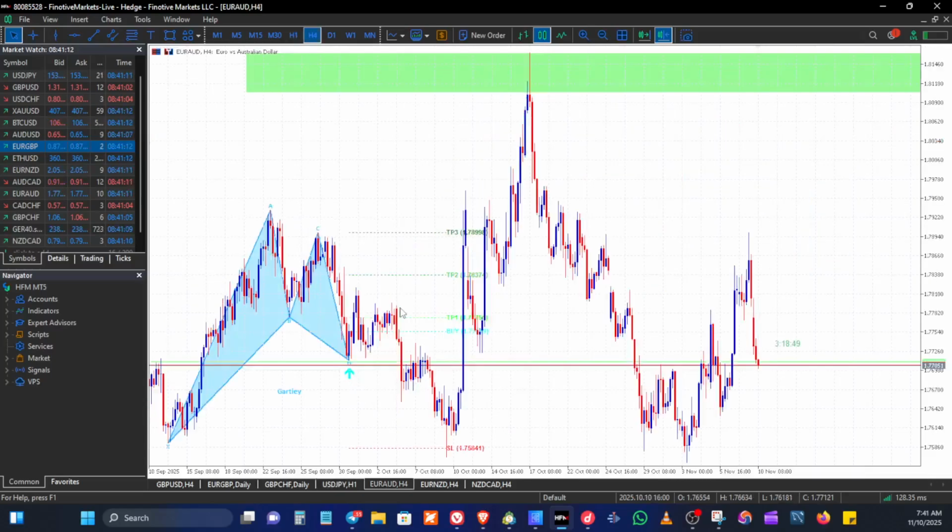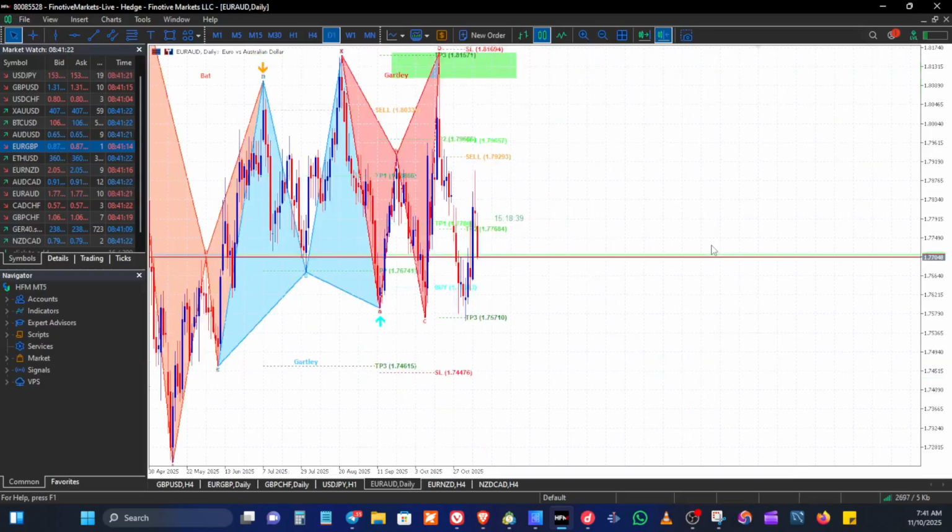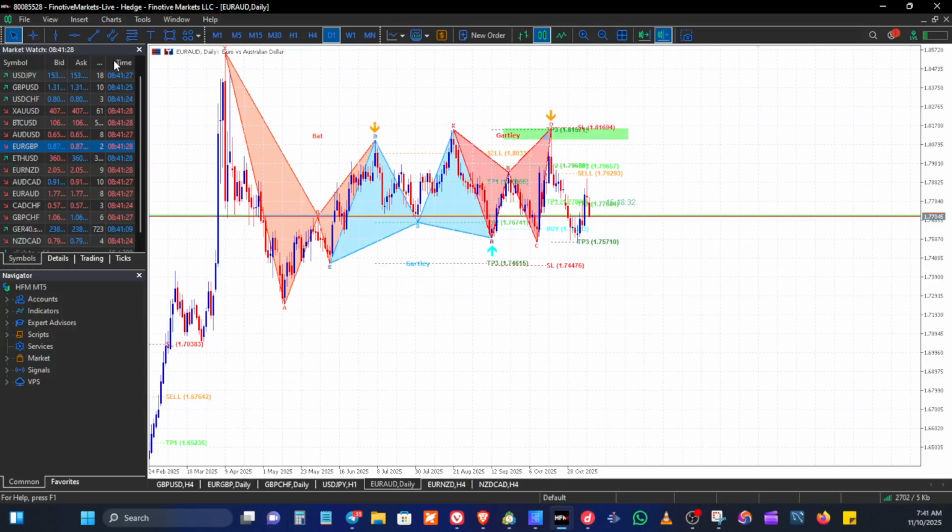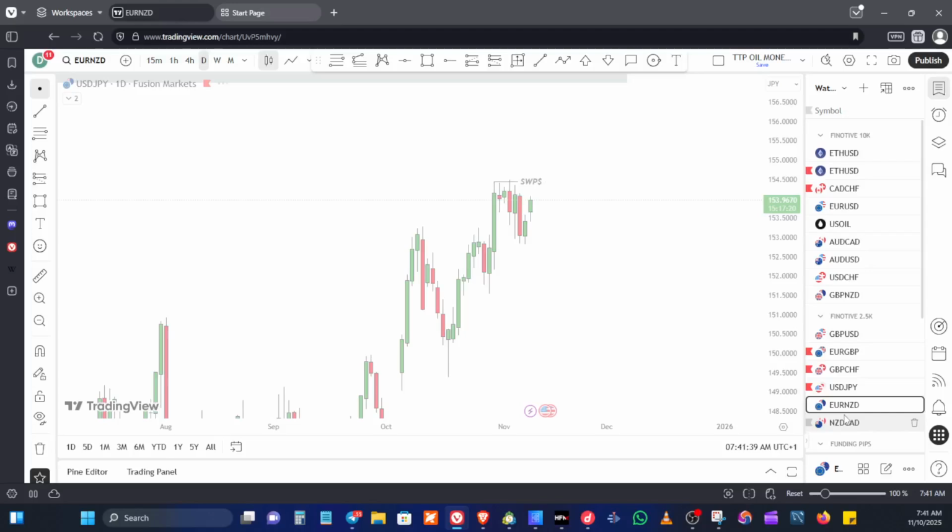Now, Euro AUD. I was able to catch this buy that happened last week, and then price has pushed back again into this level. So right now, based on harmonic pattern, there is no setup as of now. You can see that the one that happened on the daily time frame achieved full target. I'll be expecting to see if price can push into this other block. If price can push back into this other block, then we'll be looking to see if we can catch a